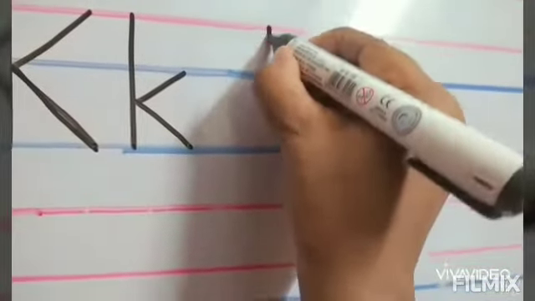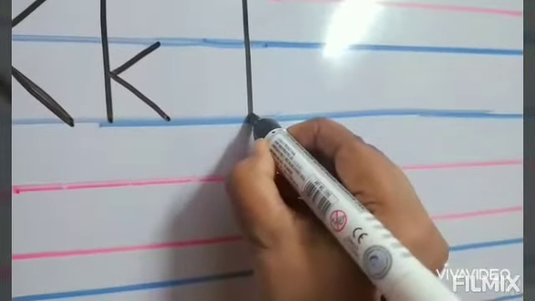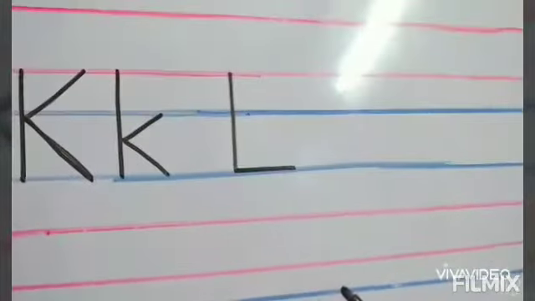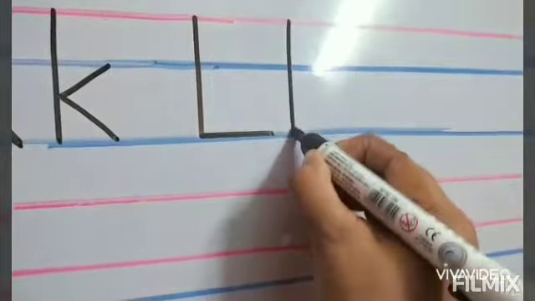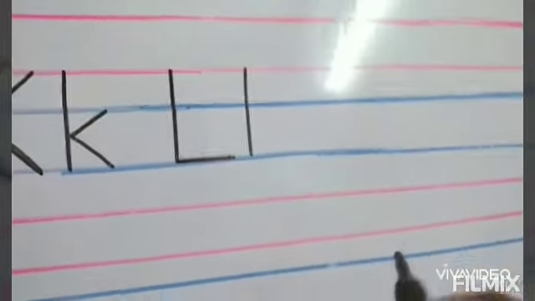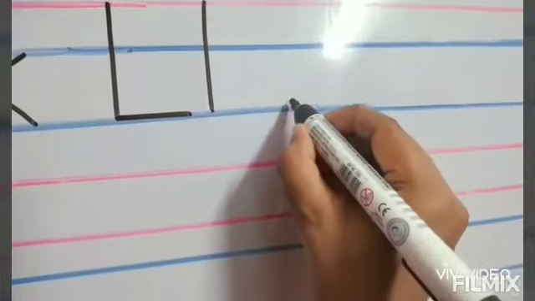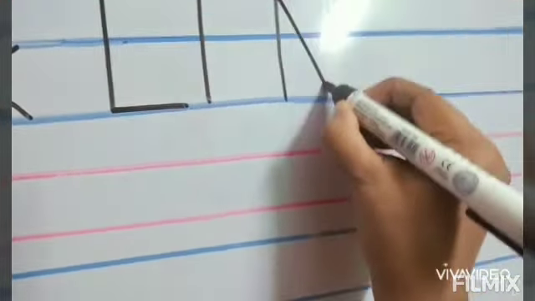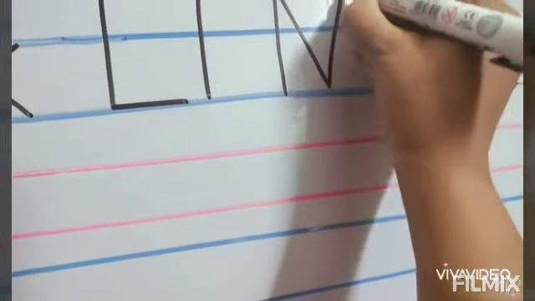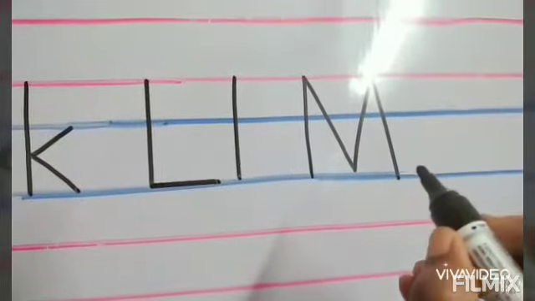Now after K comes L. So we'll write a standing line, then a sleeping line, capital L, and now baby l only a standing line. That's it. Now M. So we need to write M always from down to up. Come down, again go up, again come down. So it's a capital M.